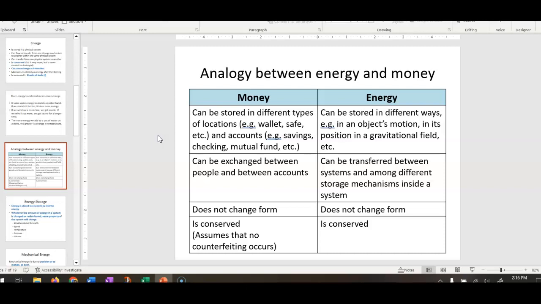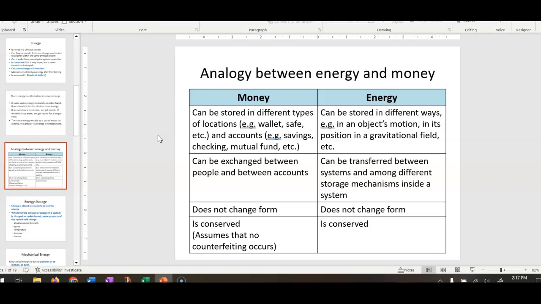You can take money out of a piggy bank and put it in your purse, and then you can take it from your purse and put it in a bank. So it's still your money, but it's just transferred to different places. You can also give your money away, right? So then money would be transferred between your system and some other person's system. But as the money is moving around, it basically is still the same thing, right? It's still